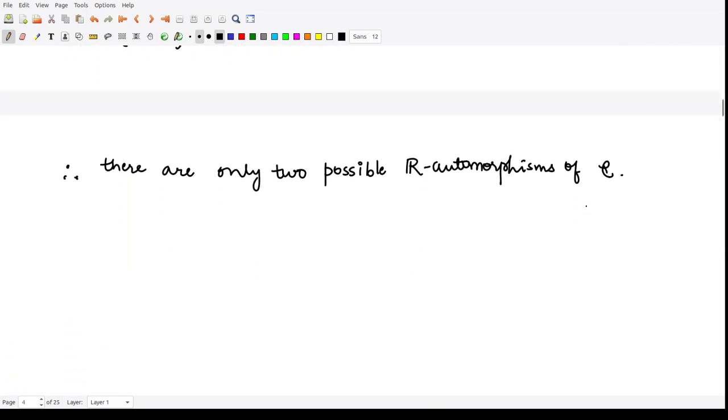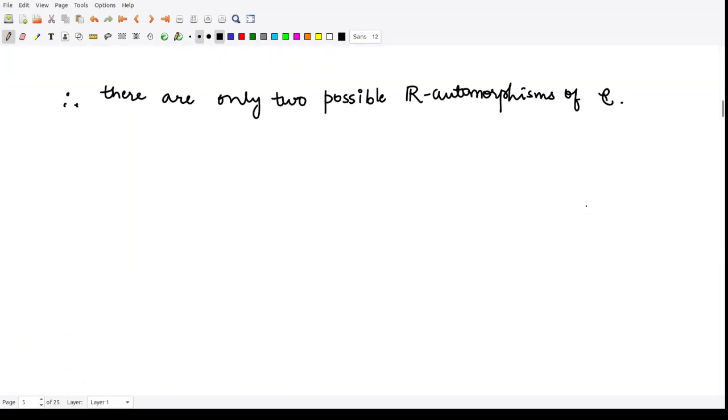Because these are the only two possibilities, these are the only elements present in the Galois group of automorphisms. So we have G of C by R contained in the automorphism group of C. Why is this a subgroup of the automorphism group of C? Because the automorphism group contains all the automorphisms,